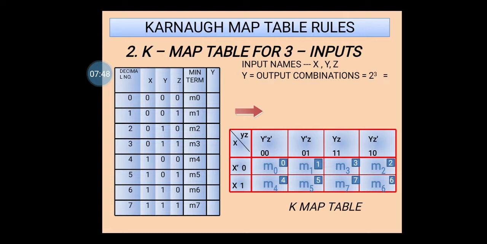And after forming the table, you have to remember the cell numbers. Cell number is nothing but the room numbers. So 0 1, then 3 comes, and then 2, 4 5, then 7, and then 6. And you have to check the numbers also. I have written 0 0, 0 1, 1 1, 1 0, and 0, 1. This is for the inputs. You have to remember this. So this table you have to learn by heart. This is the 3 input K-map table.